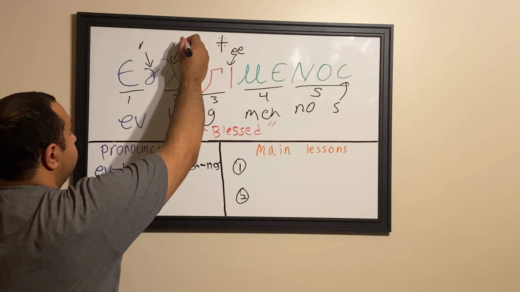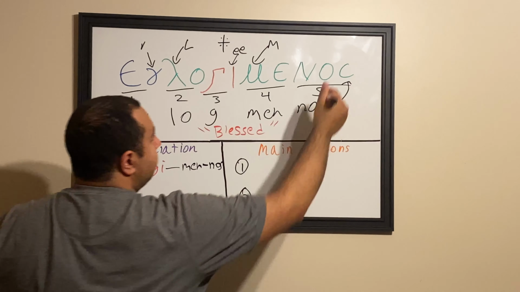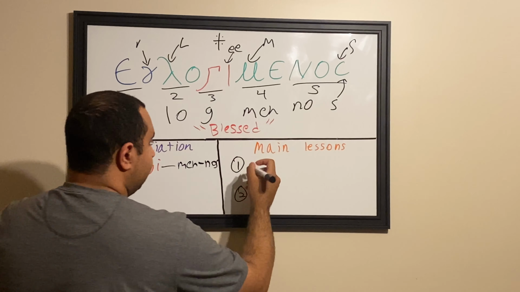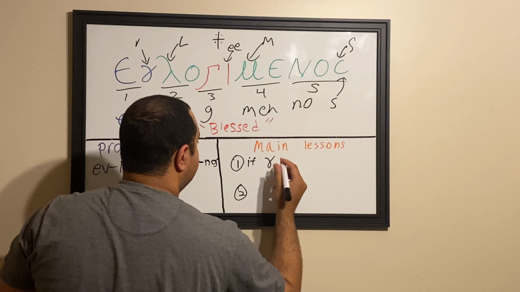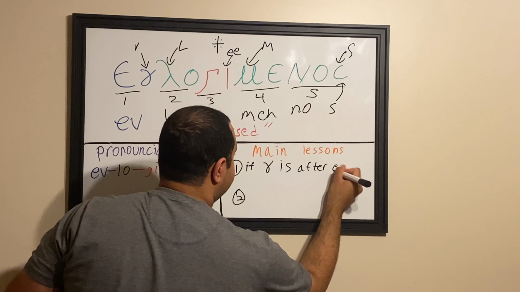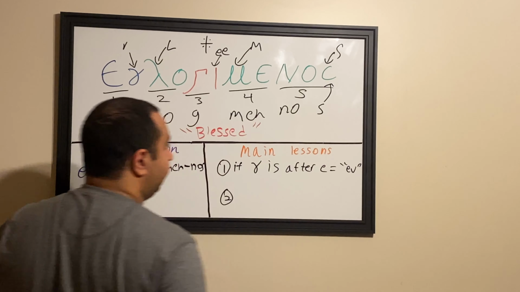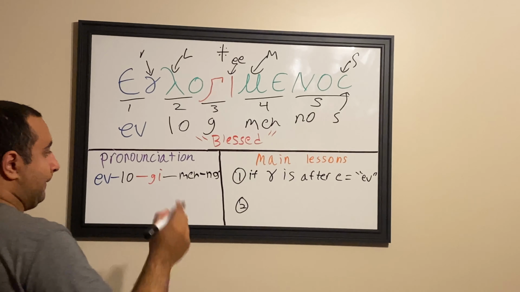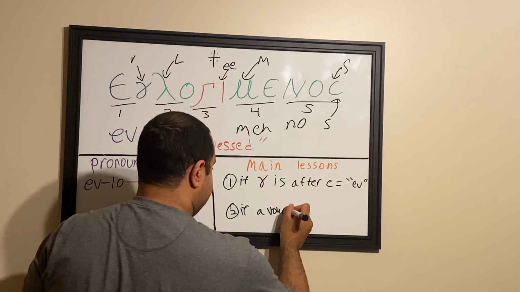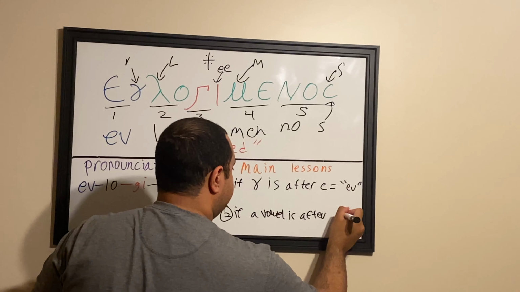Number 1, the lulla; 2, the M; and 3, the C, which is an S. So, if epsilon is before E, then it becomes a V; put together, ev. If a vowel is before the gamma,